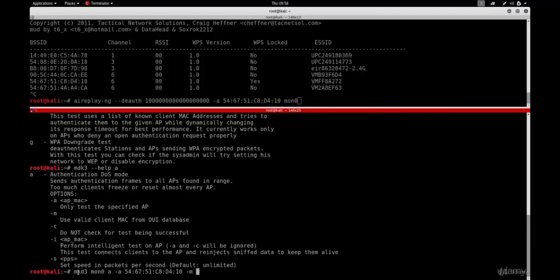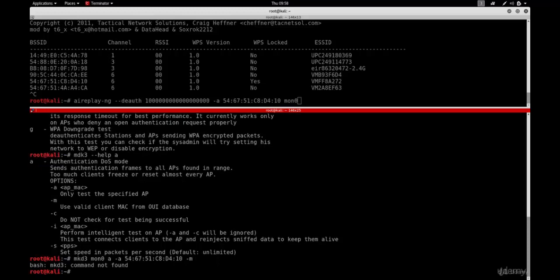We're using a tool called MDK3. We're giving it the interface in monitor mode. In my case, it's mon0. We're telling it we want to use the attack that's referred to with the a option, which is the authentication DOS mode. We're giving it my target access point after the -a, and then I'm giving it -m to use valid MAC addresses. I'm gonna hit enter, and I actually misspelled MDK3. I said MKD3. I do that a lot. So it's MDK3. Hit enter,